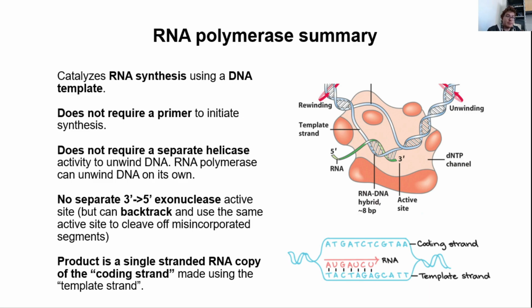I did mention that it had this backtracking activity that does allow it to do some sort of proofreading using the same active site it uses for polymerization, but that's very distinct from the DNA proofreading mechanism. And of course, the product of RNA polymerase is a single-stranded RNA copy of the coding strand. So whatever strand we want to make a copy of here, we have an RNA duplicate of it, and that copy is made using the template strand as our template to form the Watson-Crick-Franklin base pairing interactions there. Okay, so